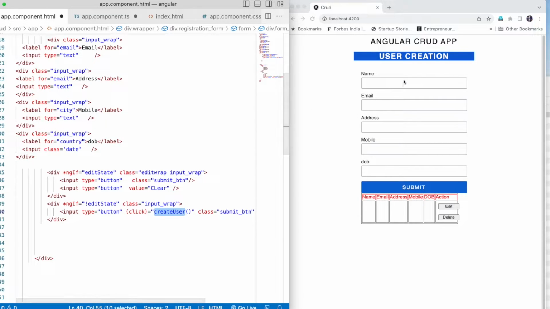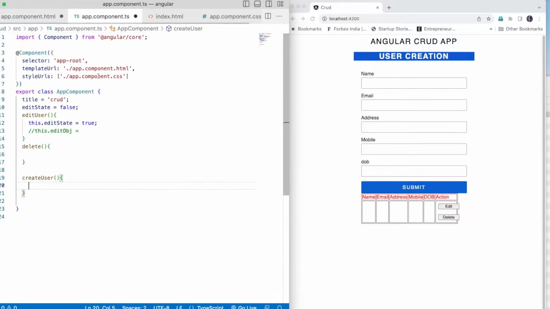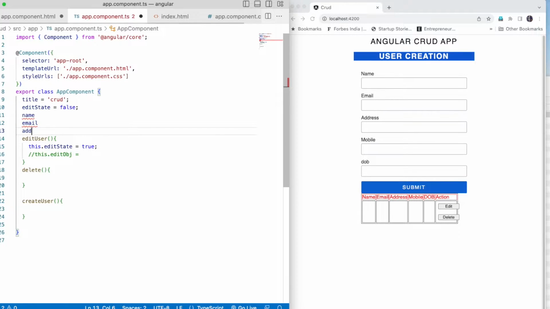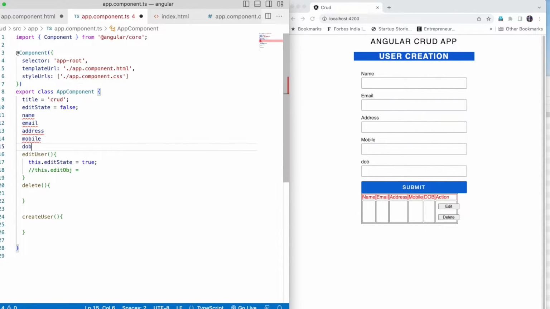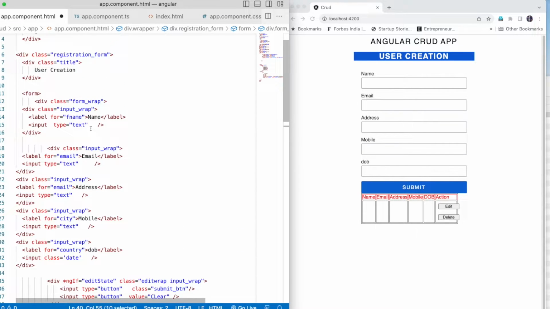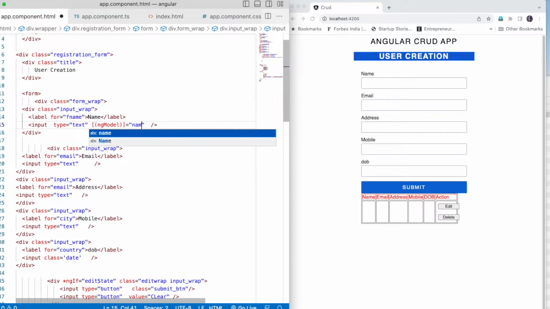Now the next one is whenever I am typing, I need to create 5 different variables to bind the input data to the variable. The variable names are name, email, address, mobile, and DOB. Here name is an empty one, address, DOB, and this one. Next, I need to bind the variable to here. Here I am going to use ngModel. This ngModel will help us to bind the variable from the input box. So name,